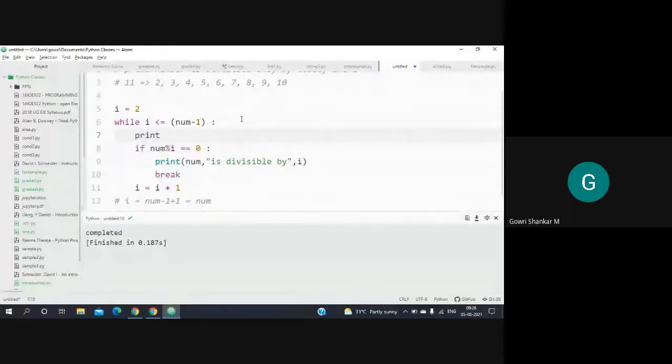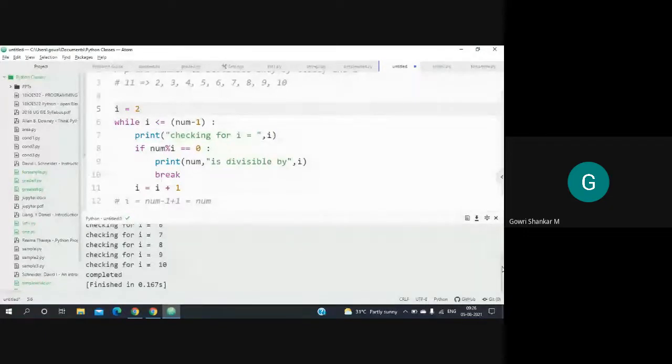If you want, you can print the i value here, something like "checking for i is equal to" and then i, so that you will know what we are doing. You see here, we are checking for 2, 3, 4, 5, 6, 7, but none of these are factors of 11. So it is not going inside this if statement.